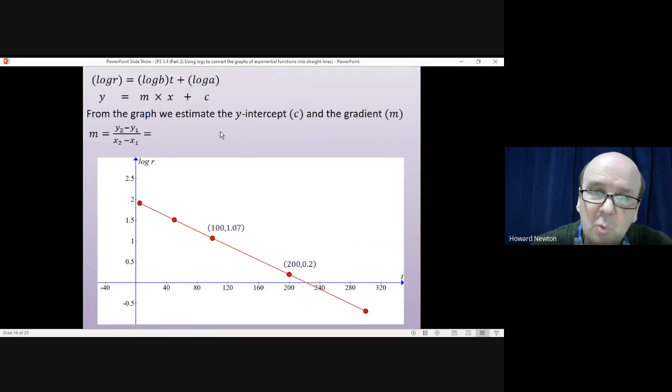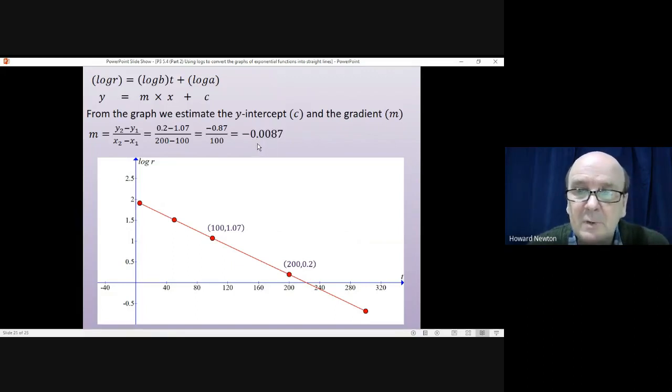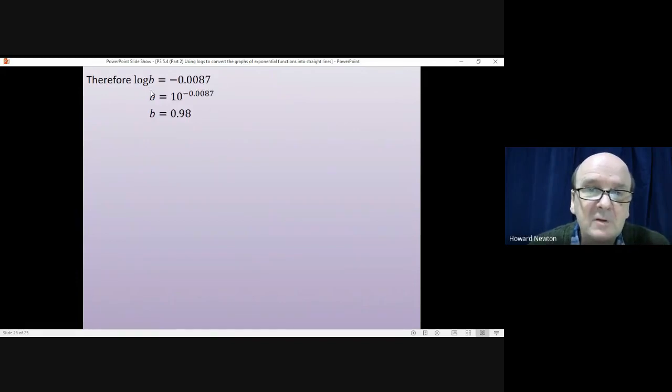The gradient's the change in the y values divided by the change in the x values, which would be 0.2 take away 1.07 over 200 take away 100, which gives us minus 0.87 divided by 100, which is minus 0.0087. So that will be m, but m is log b, so therefore log b is equal to minus 0.0087. To solve that, we'd need to do 10 to the power of both sides. 10 to the power of log b gives us b, and here we've got 10 to the power of minus 0.0087, and pop that in the calculator. You'll get b equals